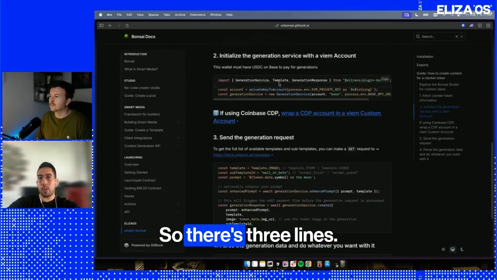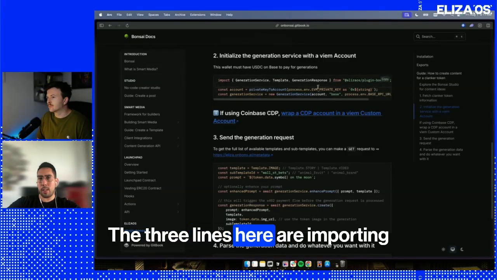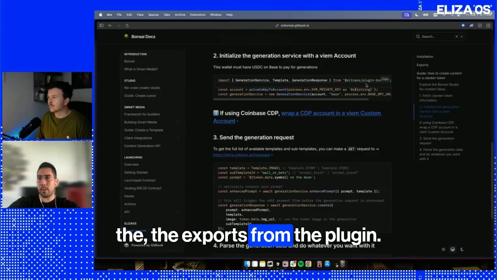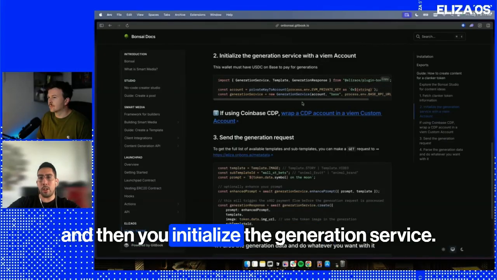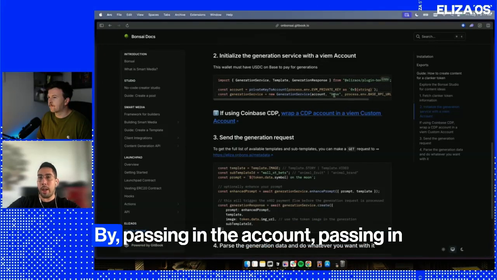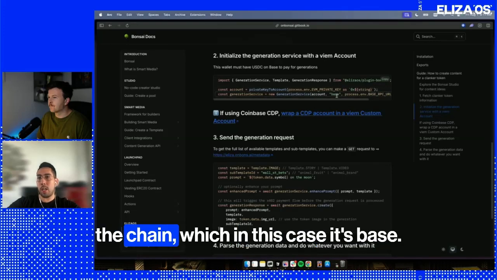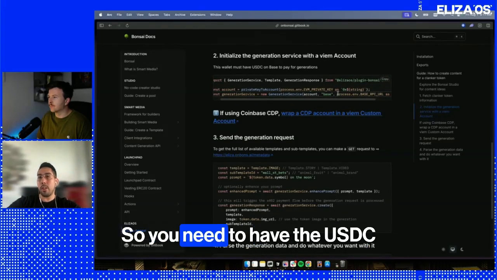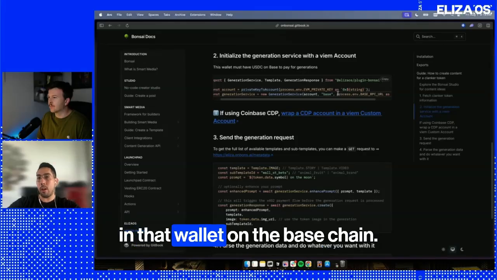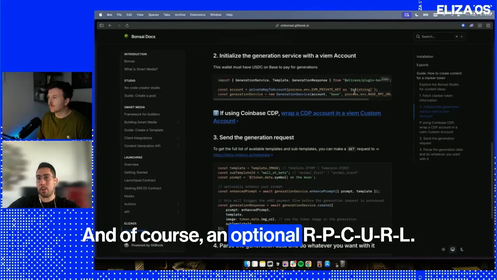So there's 3 lines here: importing the exports from the plugin, initializing the accounts with a private key, and then initializing the generation service by passing in the account and the chain, which in this case is Base. That's where you pay for the transactions, so you need to have USDC in that wallet on the Base chain, and of course an optional RPC